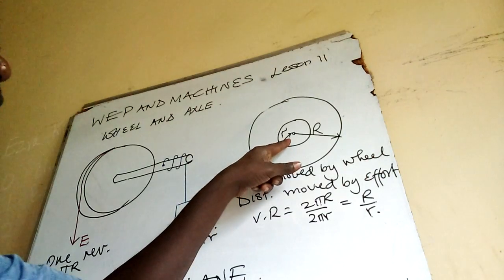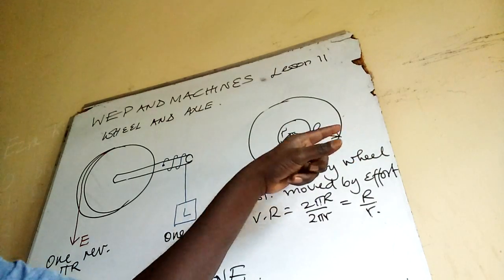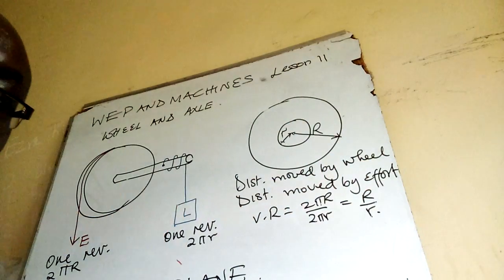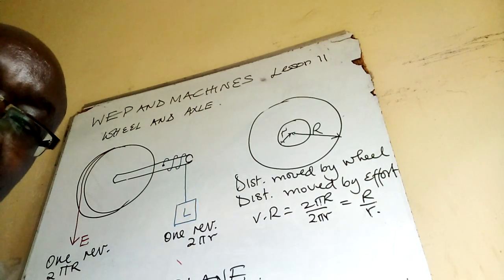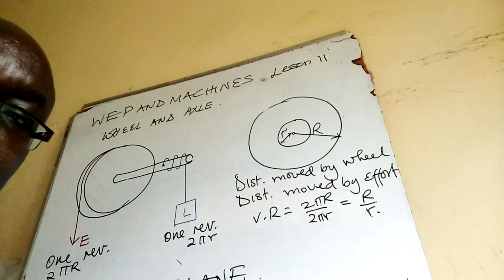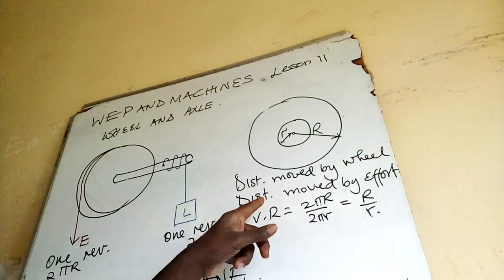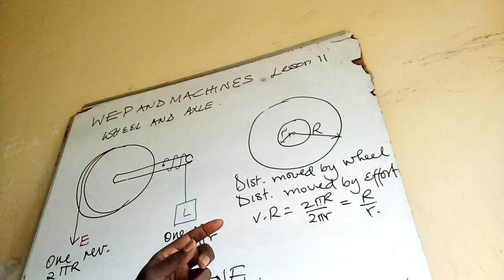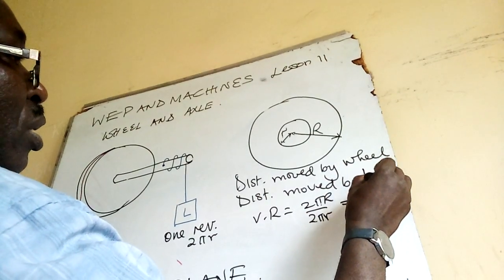Okay? If I assume the axle has small radius r and the wheel has capital R as radius, then distance moved by the wheel will be the circumference 2 pi capital R. The distance moved by the load that is attached to the axle will be 2 pi small r. And therefore, my velocity ratio, distance moved by the wheel over distance moved by the load